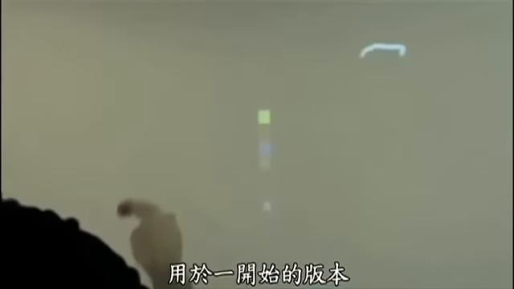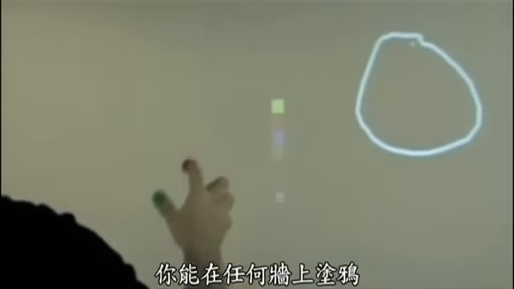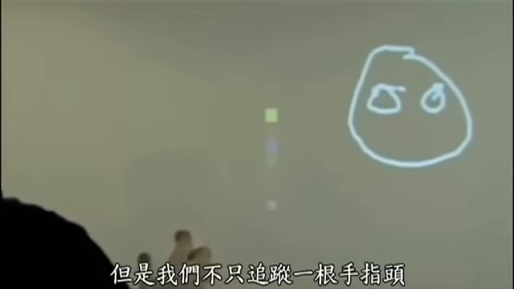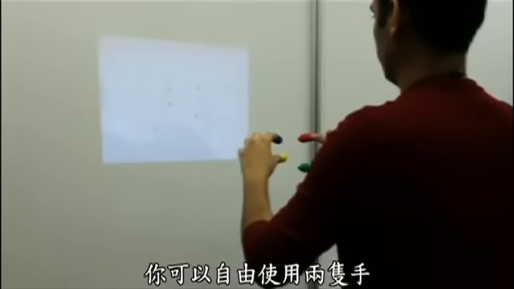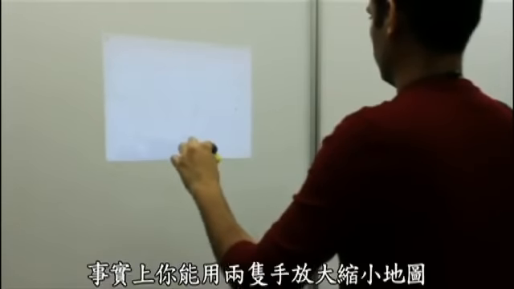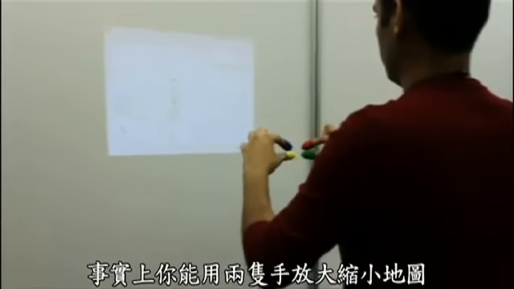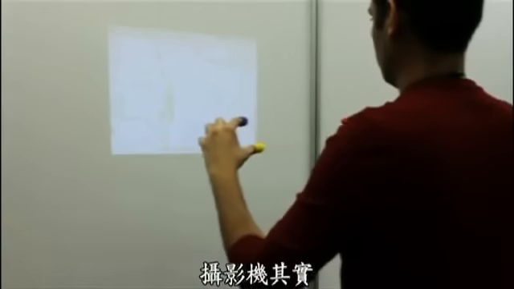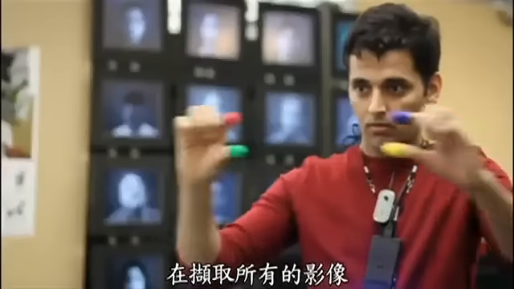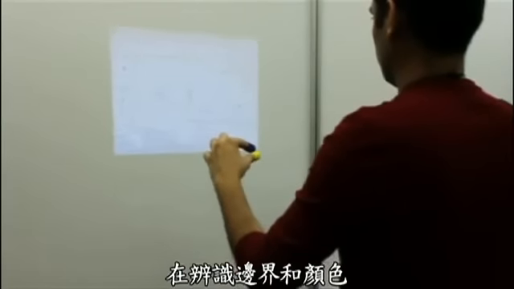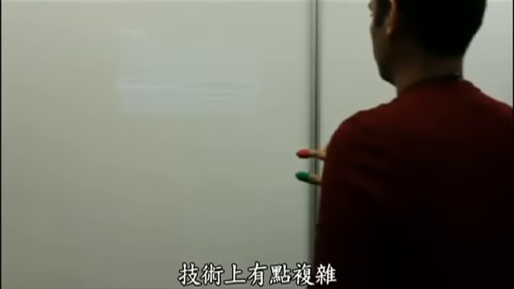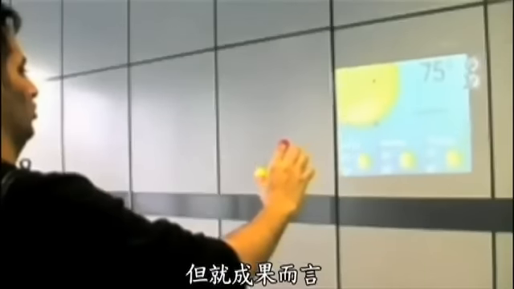And if you see, there are some color markers that we were using in the beginning version. You can stop by a wall and start painting on that wall. But we are not only tracking one finger. We are giving you the freedom of using both of your hands, so you can zoom into or zoom out of a map just by a pinching operation. The camera is getting all the images, doing the edge recognition and also the color recognition, and many small algorithms are going on inside. So technically it's a little bit complex, but it gives you an output which is more intuitive to use